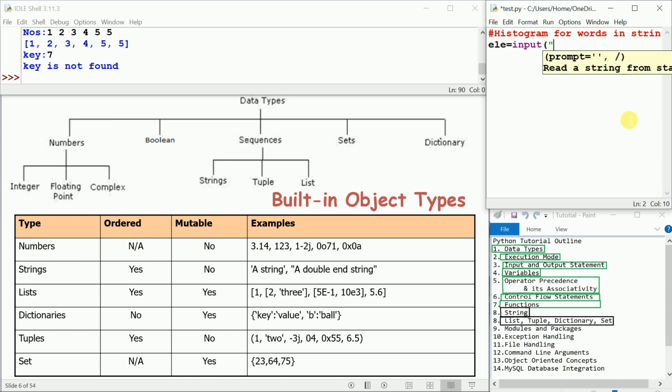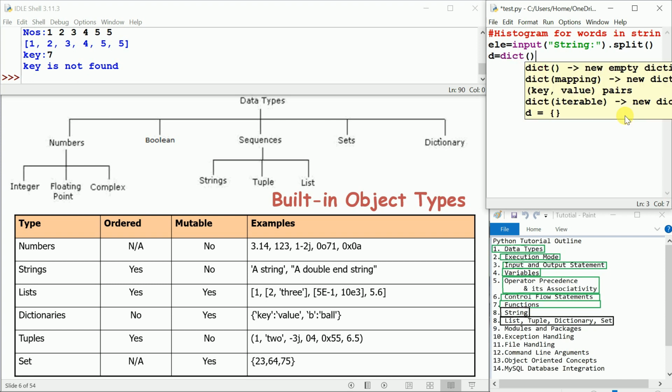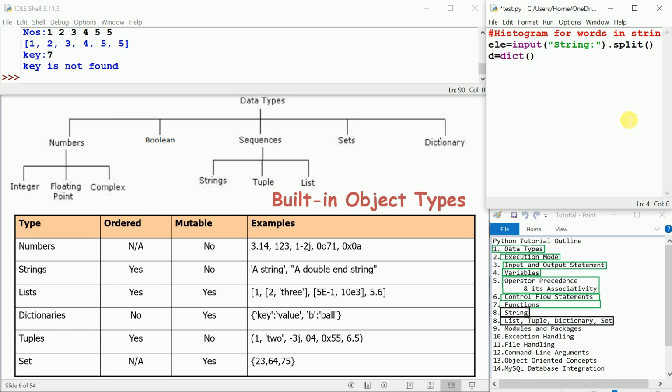input of string. Based on the space, you have to subdivide it into substrings. Okay, by default it is in the list. Then you can create a dictionary object, D is equal to dict of, okay, that is the dictionary object. Then we can iterate the elements one by one. Okay, for i in